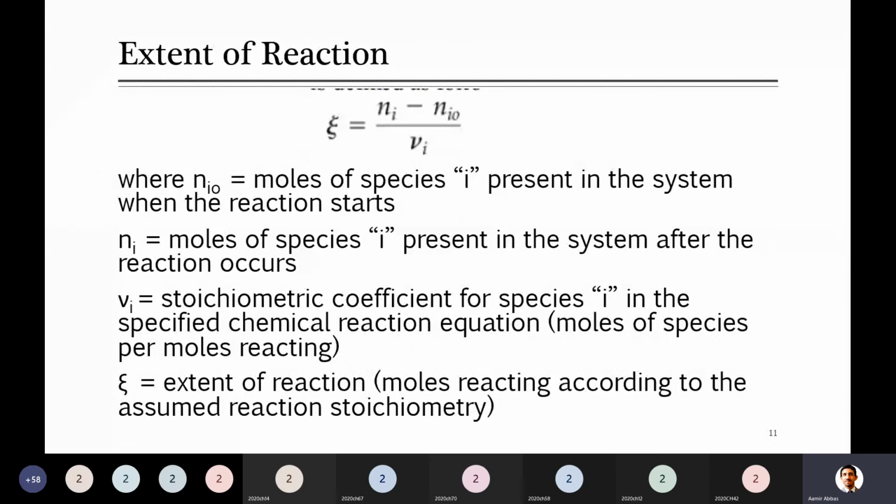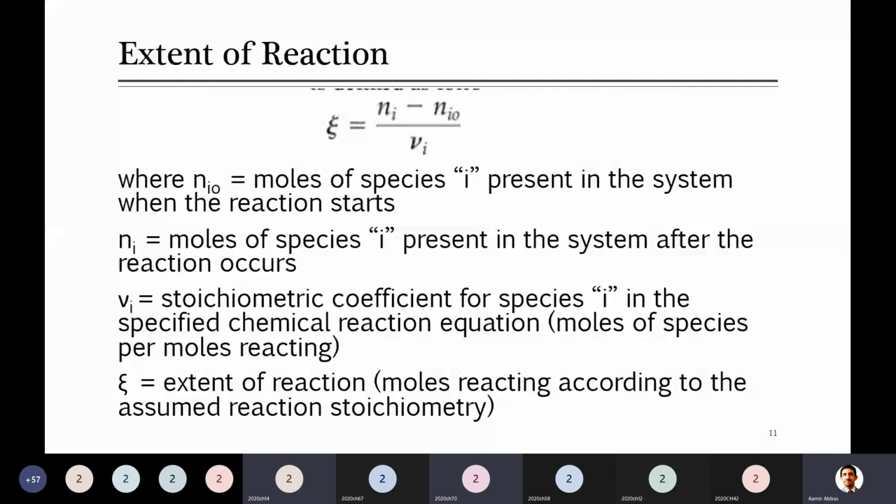By the way, for this Vi, the stoichiometric coefficient, in some books, one of your reference books, the unit isn't mentioned. If you remember from yesterday, we discussed that the numbers written with these chemicals in the stoichiometric equation have some unit. Do you remember those units? Mole. They were gram mole, pound mole.